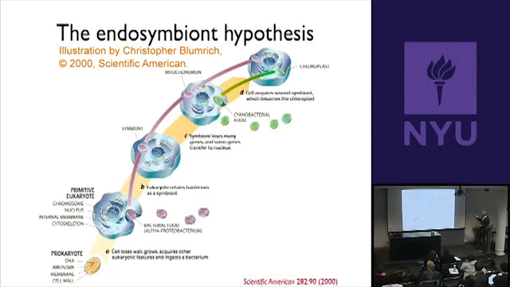And then the later endosymbiotic event that only happened in the lineage leading to plants and algae is that a cyanobacterium was eaten in the same way. Again, this agreement was set up in an evolutionary sense where that cell got to stay inside the eukaryotic cell. And that became the chloroplast. And the same thing is true. Chloroplasts have their own DNA, but they've lost a lot of genes. They only retain genes that are used for photosynthesis. Okay, and this notion at first was a little bit controversial, but it's now a very well-established concept in biology that these endosymbiotic events happen.